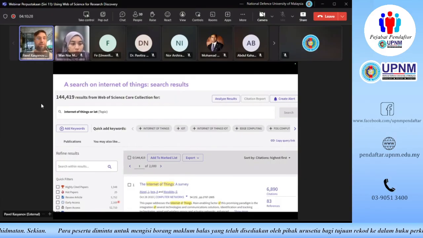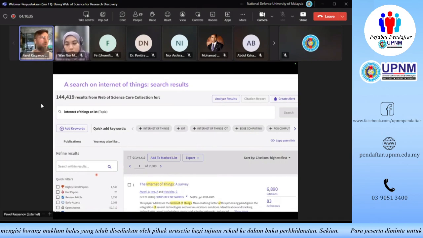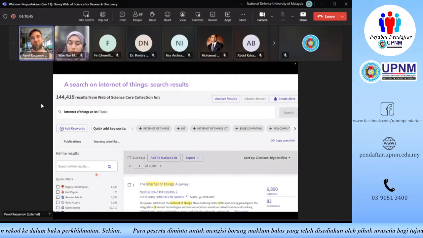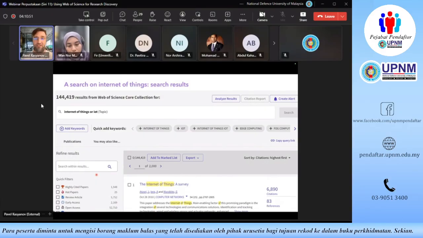That basically gives us a chance to filter our results or compare them in terms of who the top researcher names that appear on these documents are, and what the top affiliations are. So we can start running our exploratory analysis. Like if we've run a topical search for the Internet of Things, we might want to know which journals publish these results most frequently to find the most relevant journals for us to read.